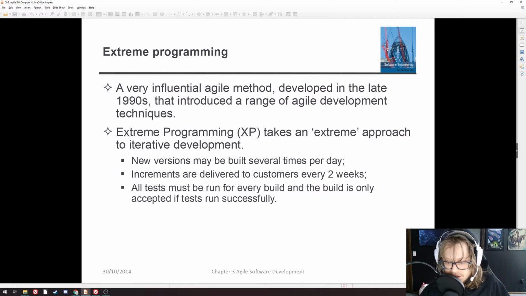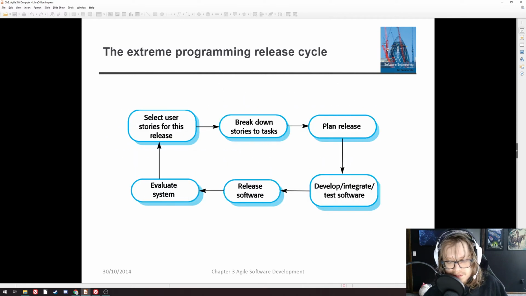You deliver a new version of your product to the customer every couple weeks, and you develop a series of tests for your product as you're writing it. And every time you build a new version of your product, you run all your tests again. You run a series of automated tests, obviously not manual tests, and the build is accepted if the tests run successfully. So the next phase we're going to be going into, we're going to be writing those kinds of tests, and then we're going to take our extreme type agile programming type implementation to another level. So let's look at the extreme